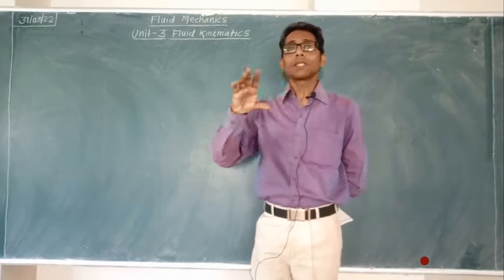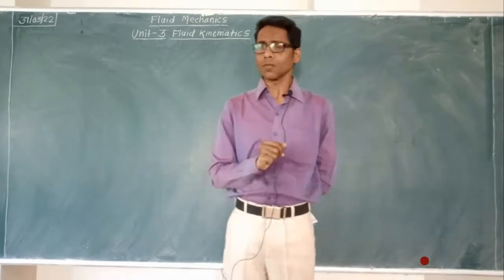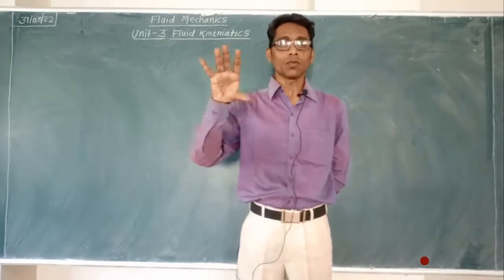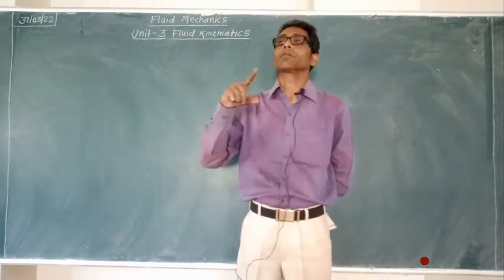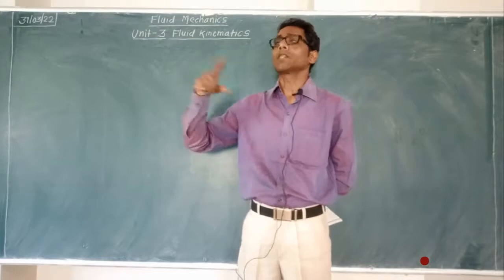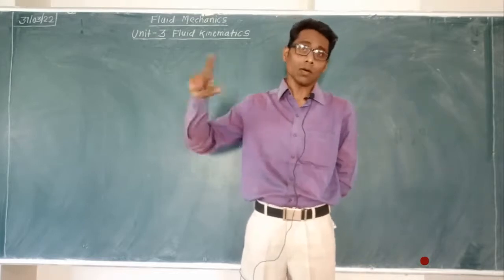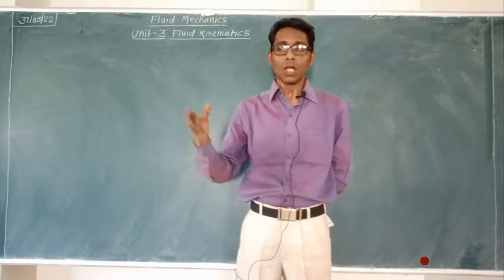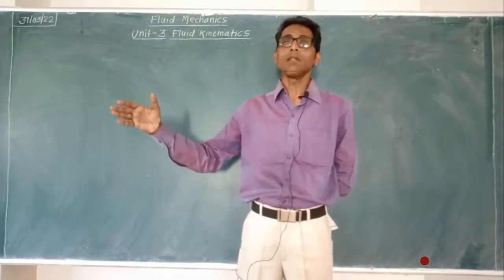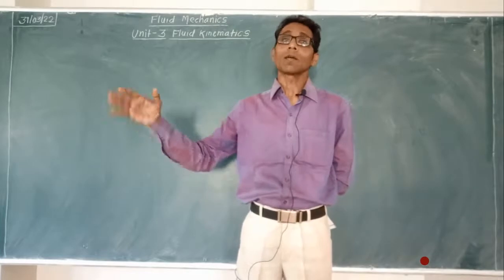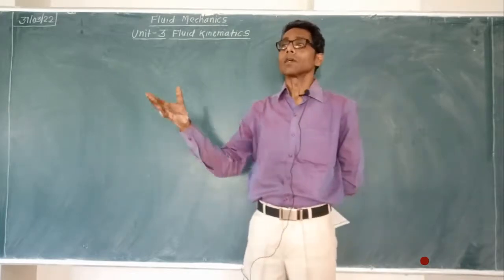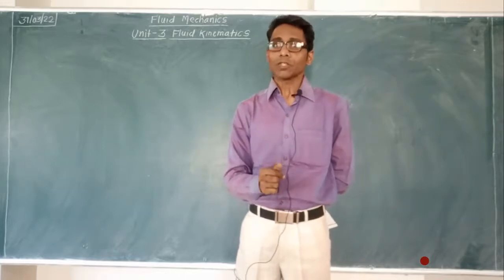There are two types of flows. One is the internal flow. Internal flow means flow through a pipe or a conduit or an enclosed passage. You can take the example of a dam penstock. From the dam, the water travels by gravity up to the turbine. This is internal flow, penstock flow.